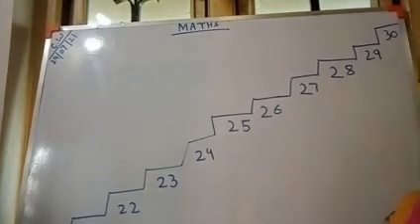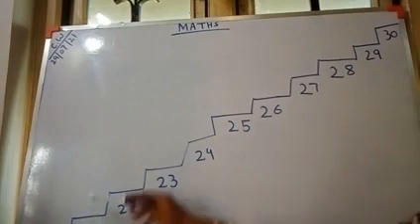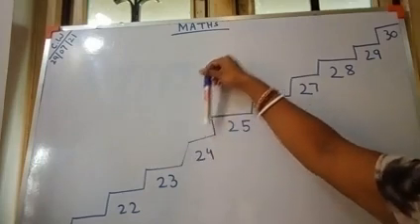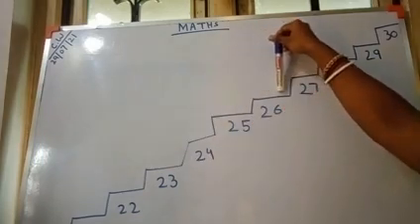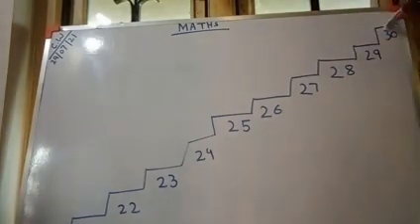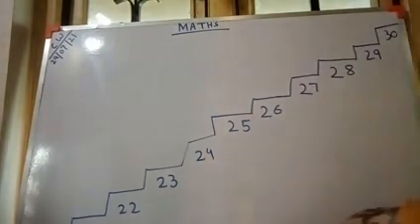Okay. Again you see the stairs, and on each stair a number is written. The numbers start from 20 now. Till 20 we have done. So when we are going up, it's 20, 21, 22, 23, 24, 25, 26, 27, 28, 29, 30. Again you see, when you are going down to up, that is forward counting.